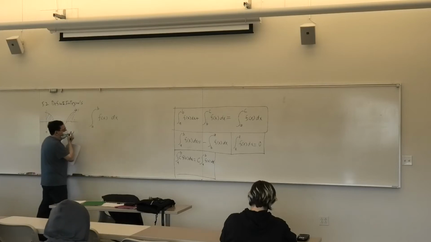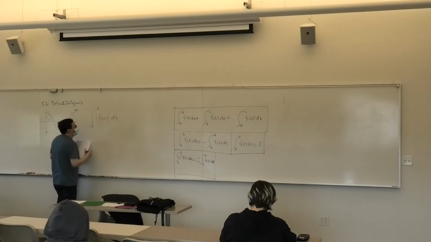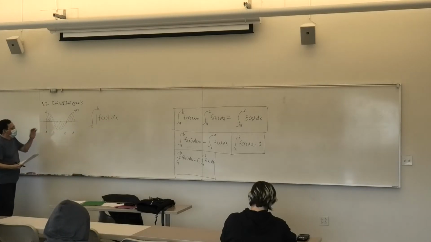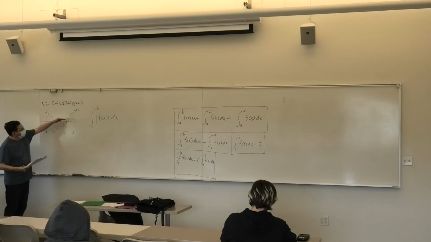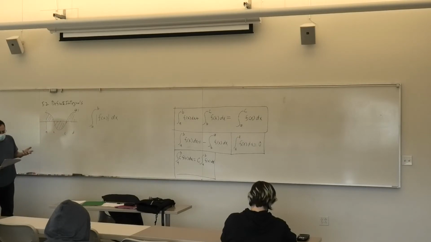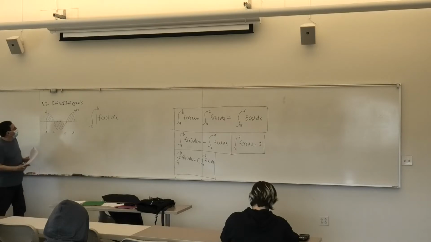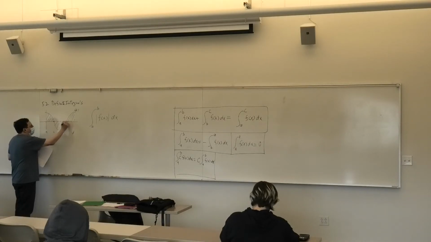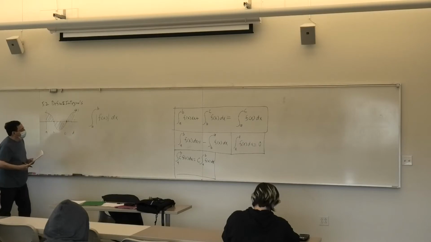What we're interested in is the absolute value. In other words, we want all these areas to contribute positive area to the integral. Well, if we can find the zeros of this function,